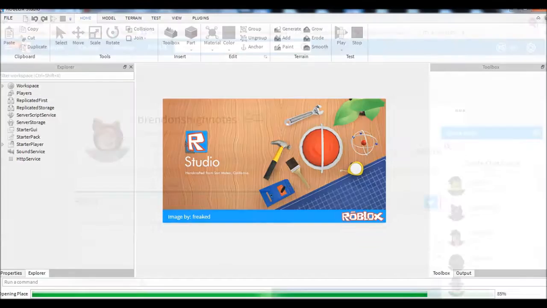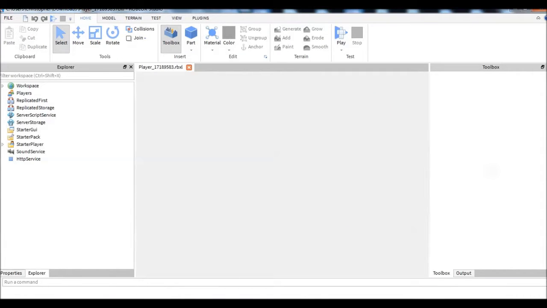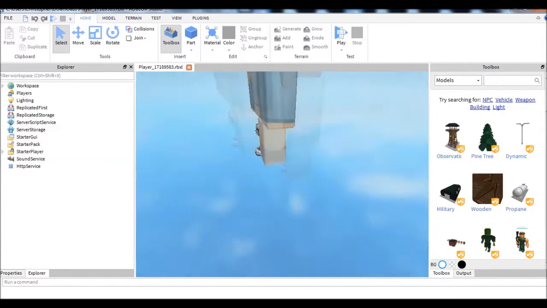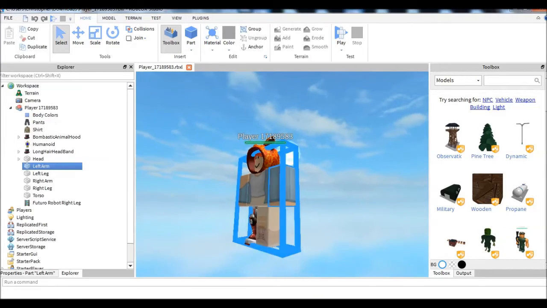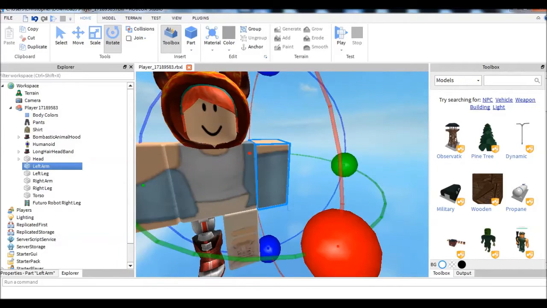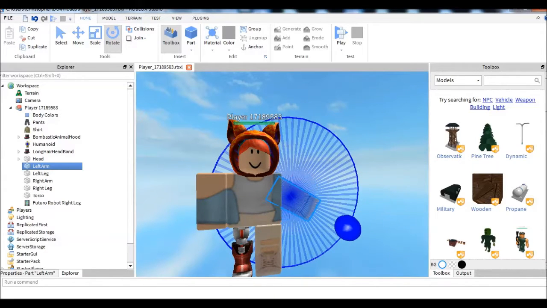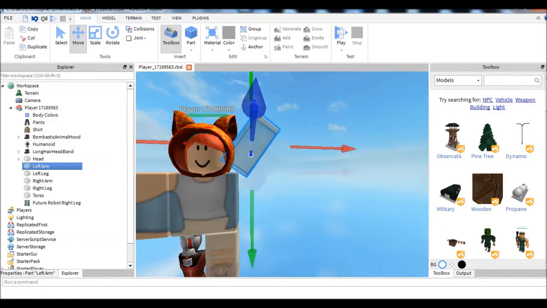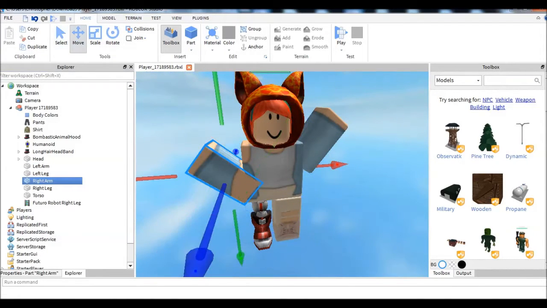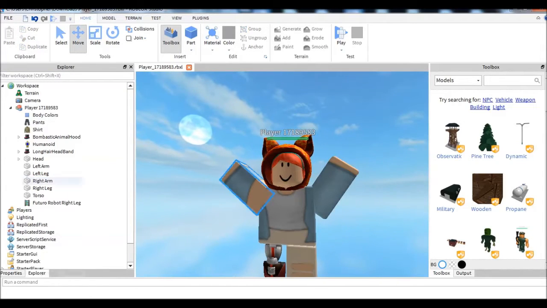Now, we're just gonna pose in studio today because it's a lot easier. So we've got this character. I'm gonna hold down Alt to select the arm, and I'm gonna just position it in a good way, so maybe like jumping up.